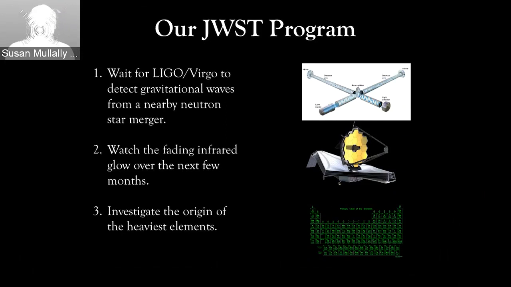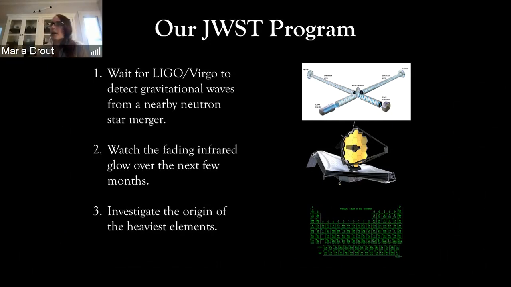I mean, it is very unknown. Our constraints do come from LIGO and Virgo, which have had a couple of observing runs so far. We had the one event in 2017, and then in their third observing run, they detected about 5 neutron star mergers, all of which were far enough away that we unfortunately didn't detect the light from them. But there are okay constraints on the rate of neutron star mergers from that, and we had to calculate this for the proposal, and we think there's probably about a 60% chance that in the first year in cycle 1, there will be an event that we can trigger this on.